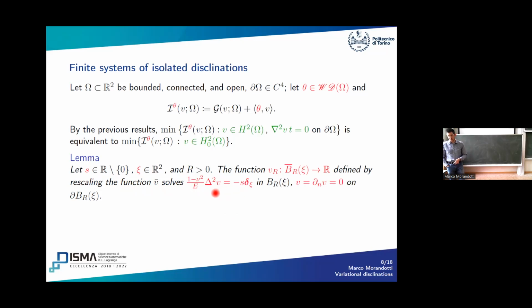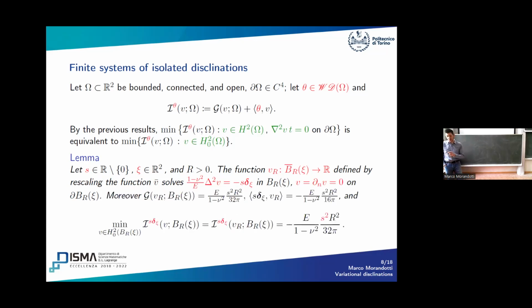But so this one is the one that gives the one disclination at the center of the disk with Frank angle S. Okay, and it is also such that at the boundary of the ball it behaves nicely with respect to the boundary conditions. It's a matter of a computation. It can be done very, very easily.